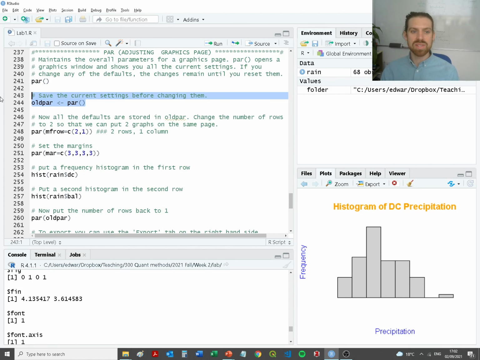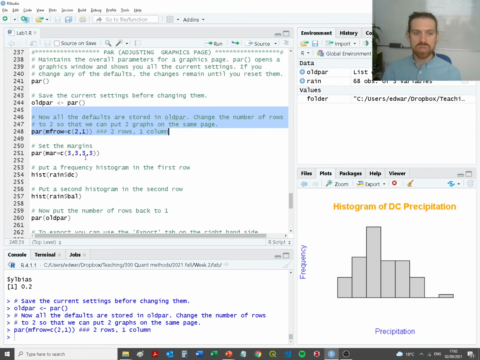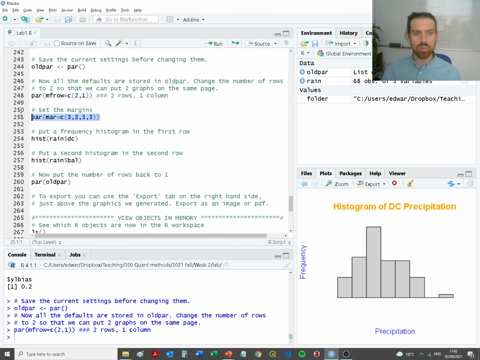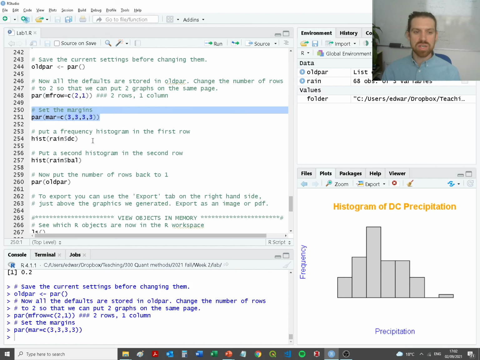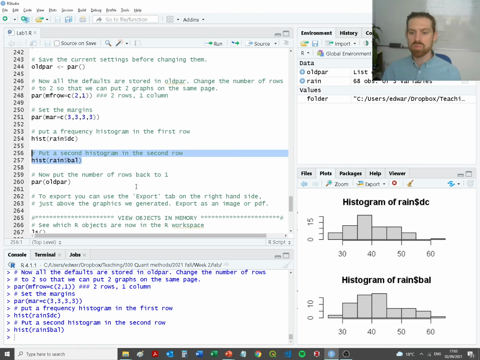Now, we're actually able to save that if we just assign the par function to this. We're going to put it in our environment called old par. Okay, so we've assigned it to old par. And now all the defaults are stored. We can change the number of rows, for example. Okay, so this is going to say that we want 2 rows and 1 column. Okay, so we do that now. We just need to set the margins correctly,